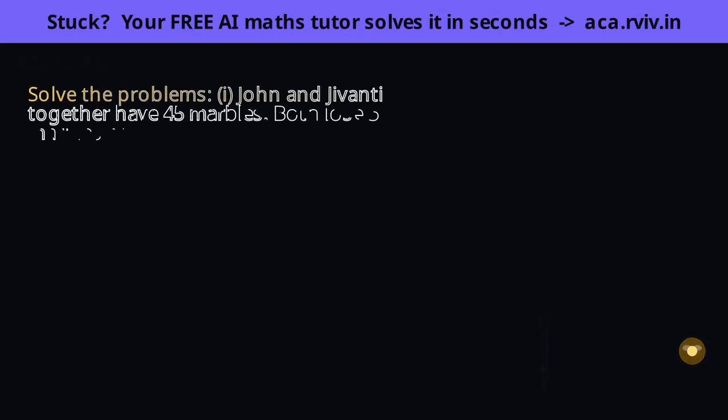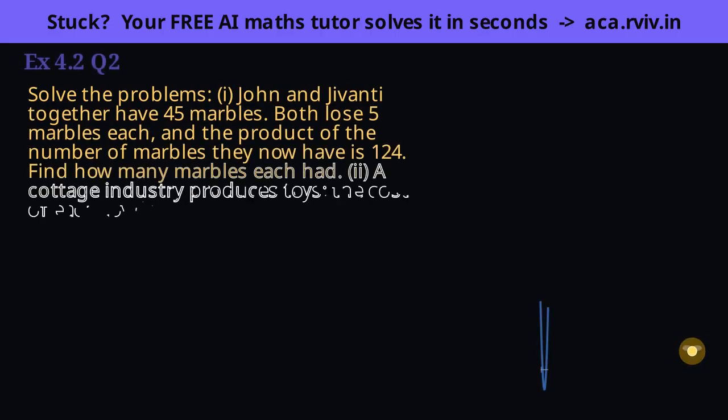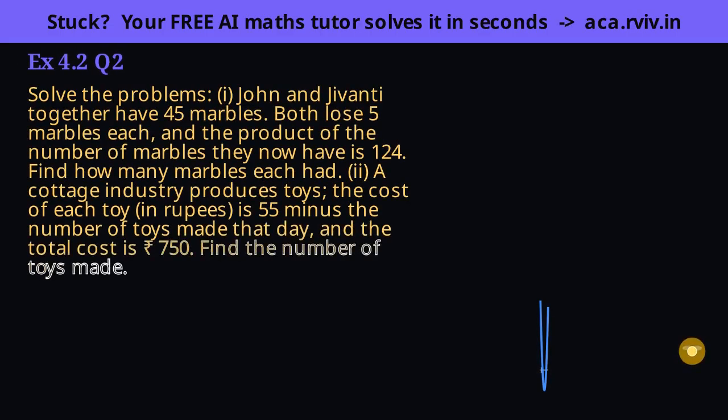The two situations from example 1, now we actually solve them. These are the two stories we translated into quadratics back in example 1. Forming the equation was step 1, and now we do step 2, actually solving them by factorization. Part 1 is John's marbles. X squared minus 45x plus 324 equals 0.